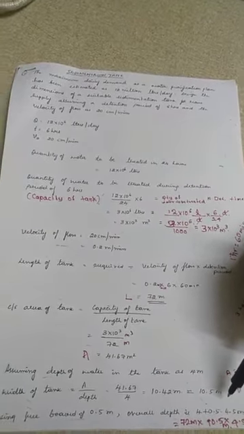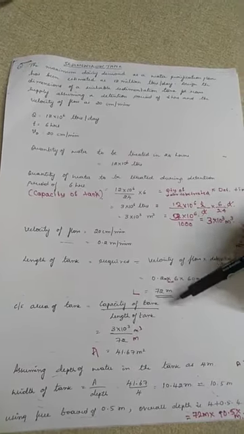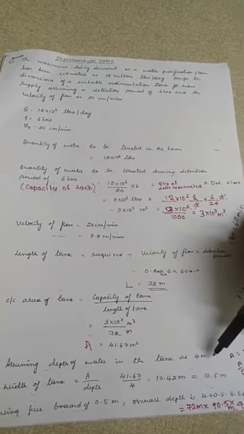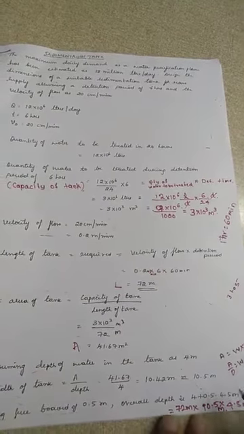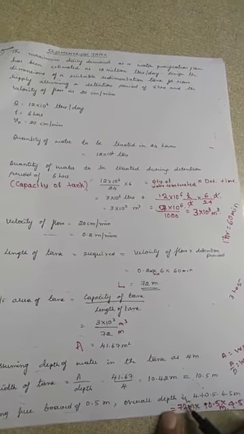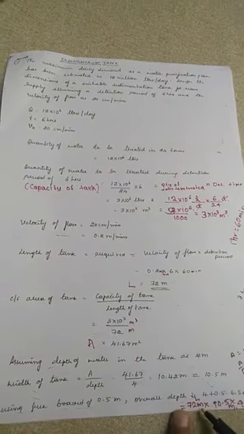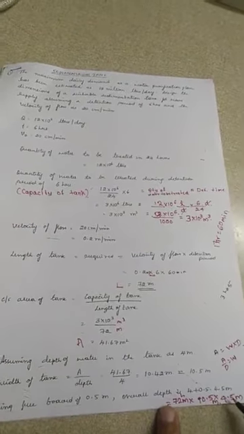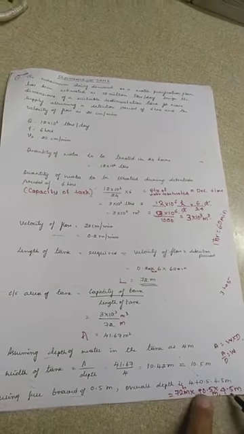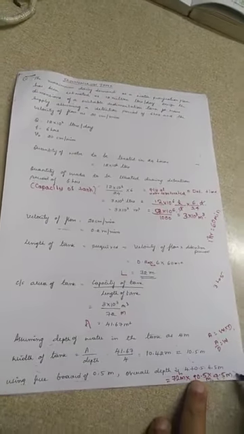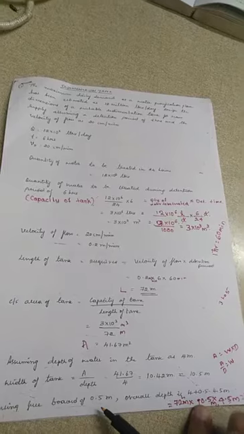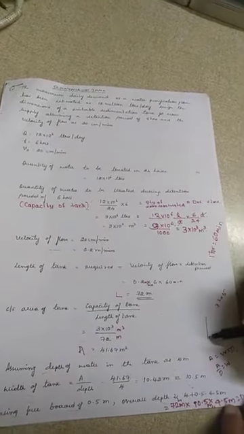Now what have we got? We have got the length, the depth, and the width. So what all have we got? L is going to be 72 meter. Depth is 4.5 meter. Why? How is it 4.5 meter? It is equal to depth plus freeboard, because we are going to keep a freeboard. Now what is a freeboard?